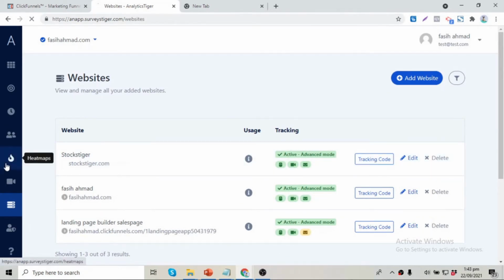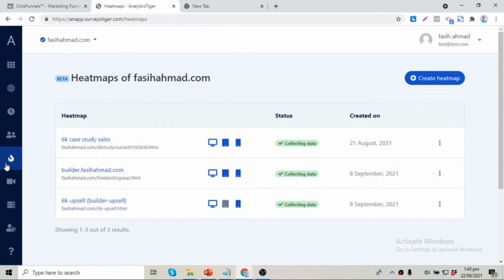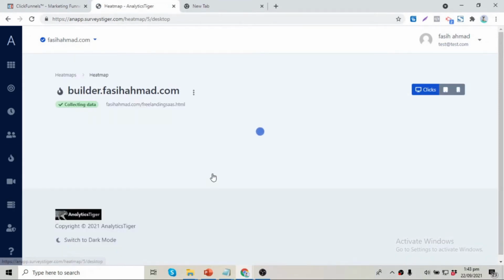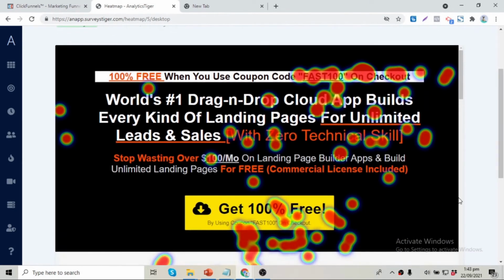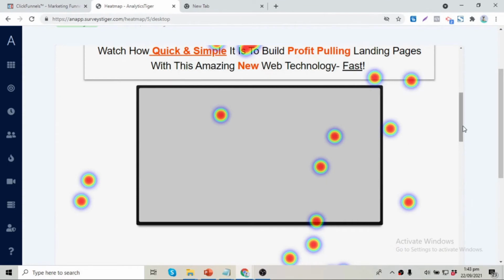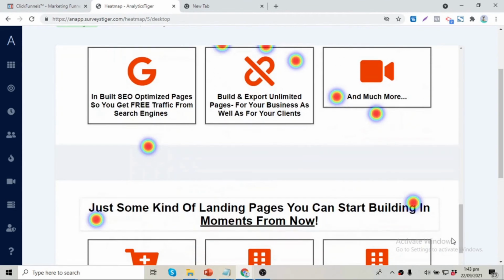First I will just show you how the heat maps look. So let's see what they look like on this website URL that I have added, from this button, create heat map. So we can see where the visitors have clicked and how they are behaving on the website. We can see that most people aren't coming down on the web page.